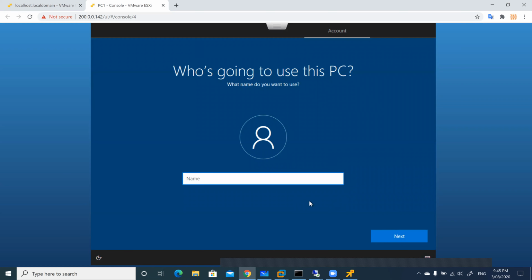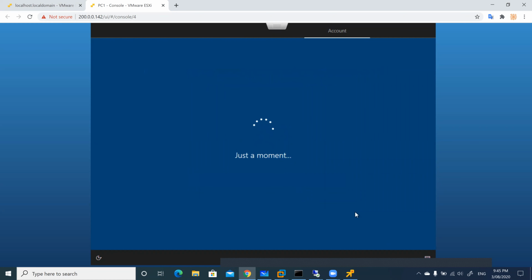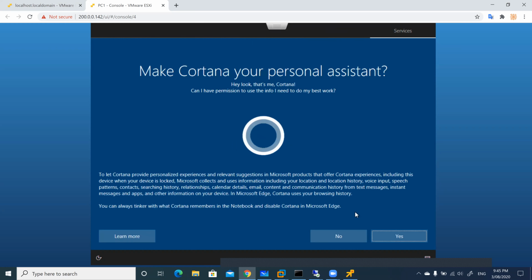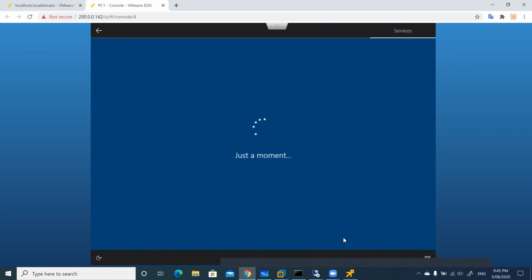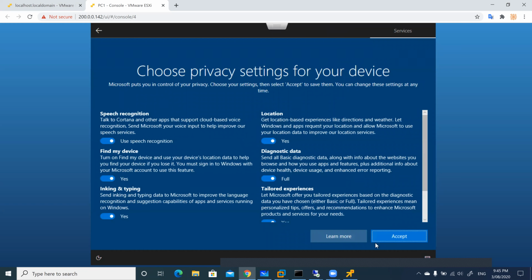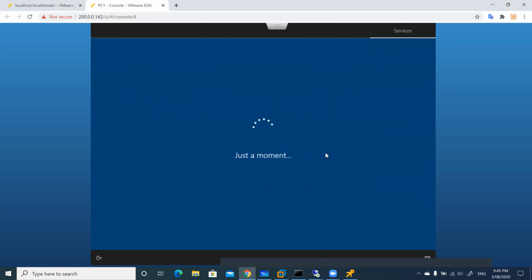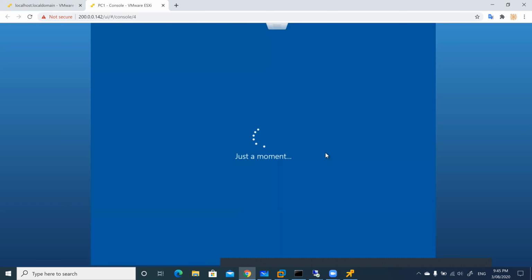So if I provide PC1, say next, it will give me an error. Except for that, everything will be the same as usual, a normal setup, nothing changes.